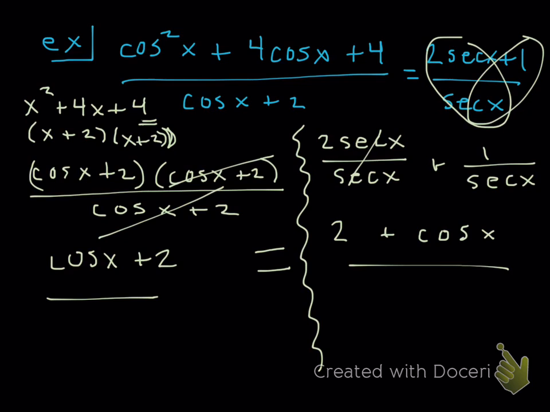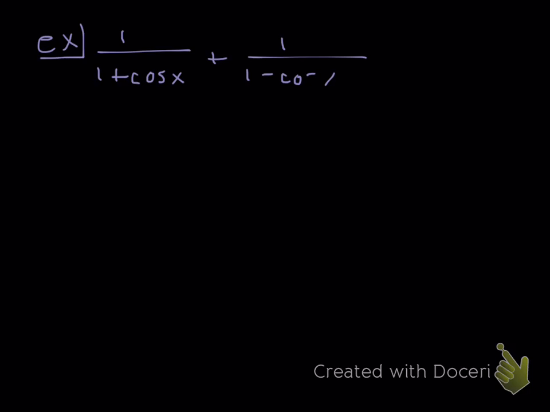So for our next example, we have 1 over (1 plus cosine of x) plus 1 over (1 minus cosine of x). And this is equal to 2 plus 2 cotangent squared of x. So working with the left-hand side,